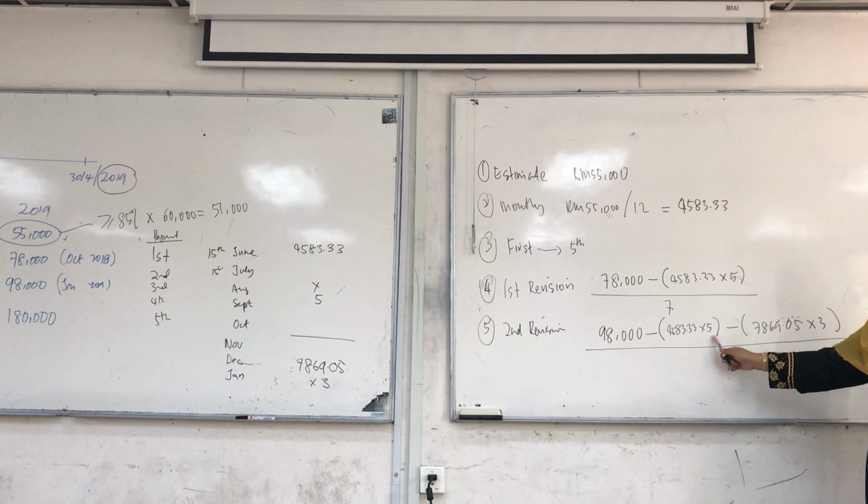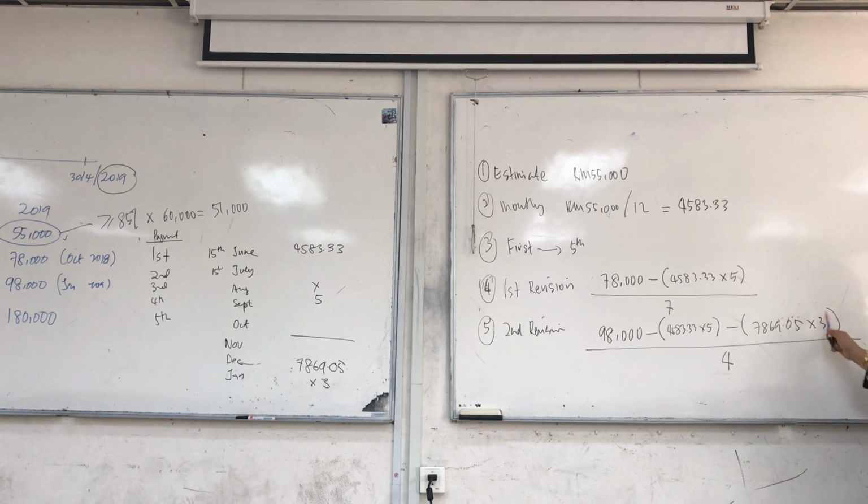You have paid for 5 months. You have paid for 3 months. The balance means 4 months. 12 months, minus 8 months. You have a balance of 4 months. So now what happened is that